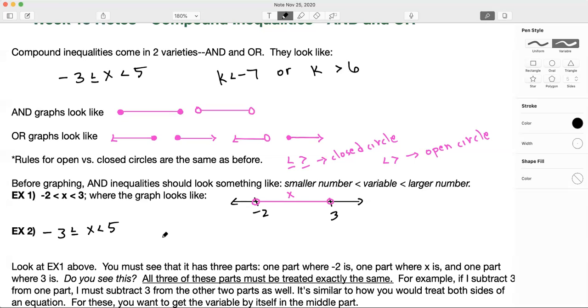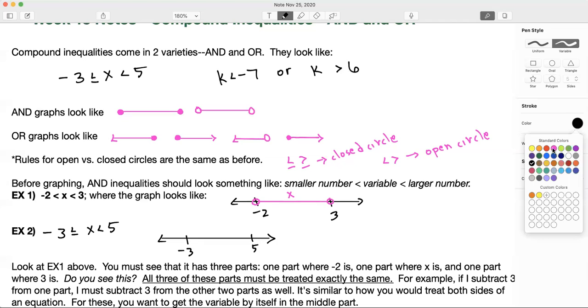So I've copied it. I'm drawing my number line. I have both numbers, the -3 and the 5, right here. Remember that "and" inequalities have three parts: 1, 2, 3, and they're separated by the less than or equal to symbols. So -3 here, 5 here,